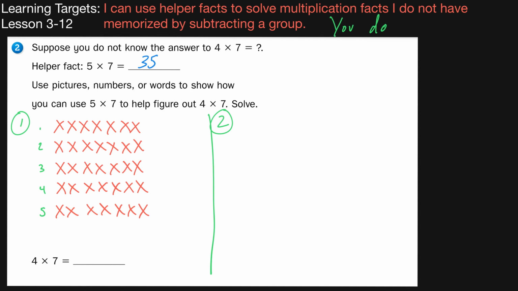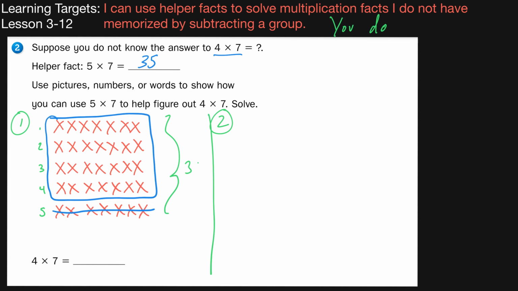And to use this picture, I'm thinking I know that I'm supposed to find 4 groups of 7. So I'm just going to circle 4 groups of 7. And I'm going to cross out this last group of 7. I subtracted, and I know I subtracted 7 because I put a line through it here. So I took away 7. So I'm going to use what I know about this problem, and I know that all of this image is 35 because 5 times 7 is 35. So I'm going to do